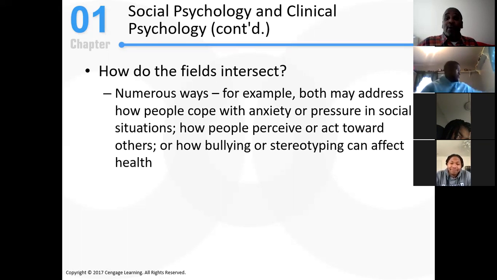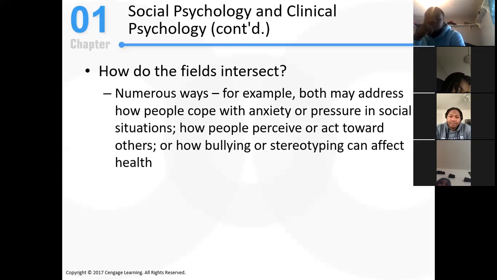But he had to be aware of his anxiety. There are people that have great phobias, Aisha, about public speaking, and that's totally understandable. But if you don't overcome that fear, it can hurt you in terms of your professional development. So it's important to acknowledge our fears, but also to try and overcome them. And psychology can help us do that. It can allow us to understand how people perceive or act towards others.